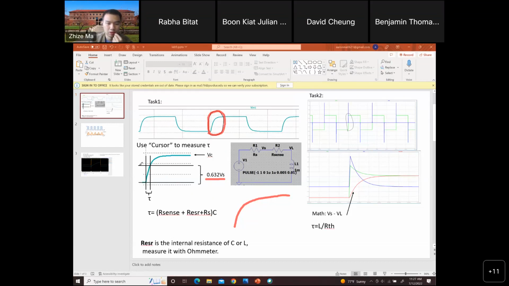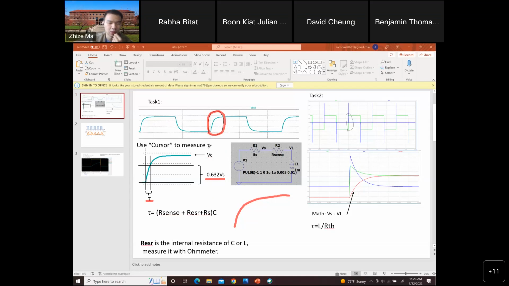You have the X cursors here, and then you use the Y cursor to measure from when it starts charging until this point. That will be one time constant. That's how you use the cursor to measure